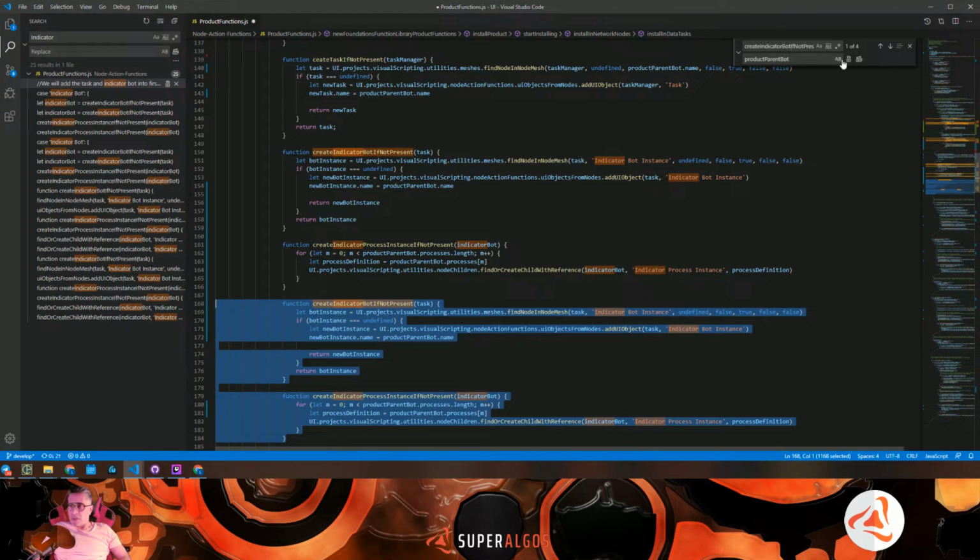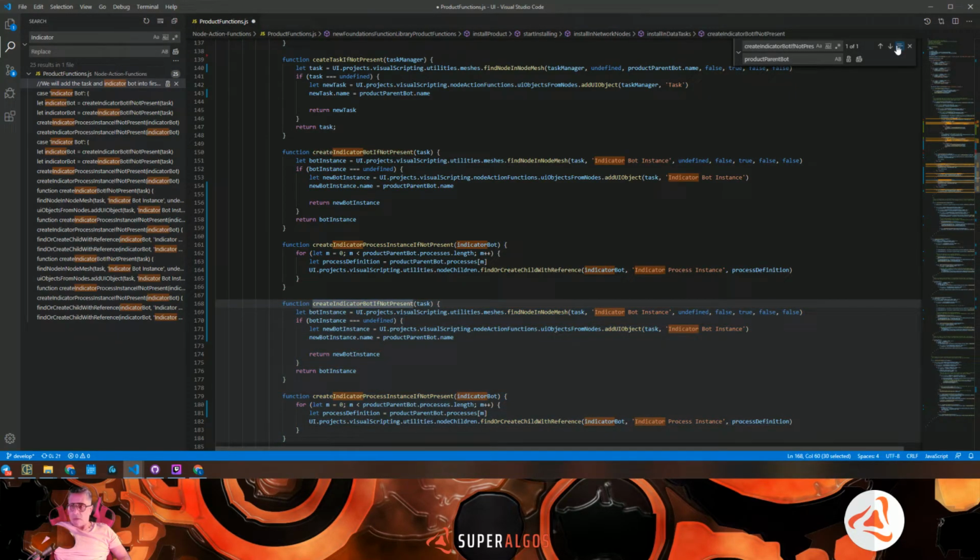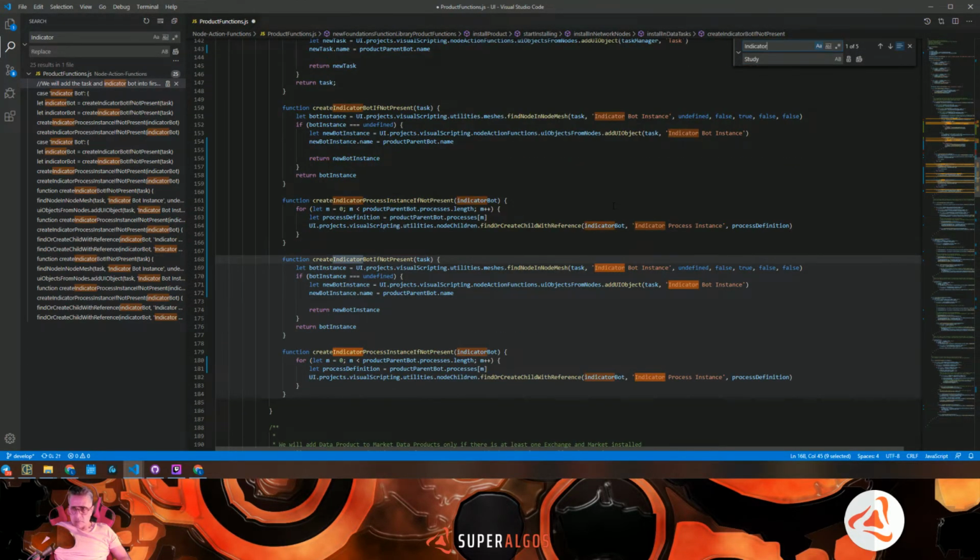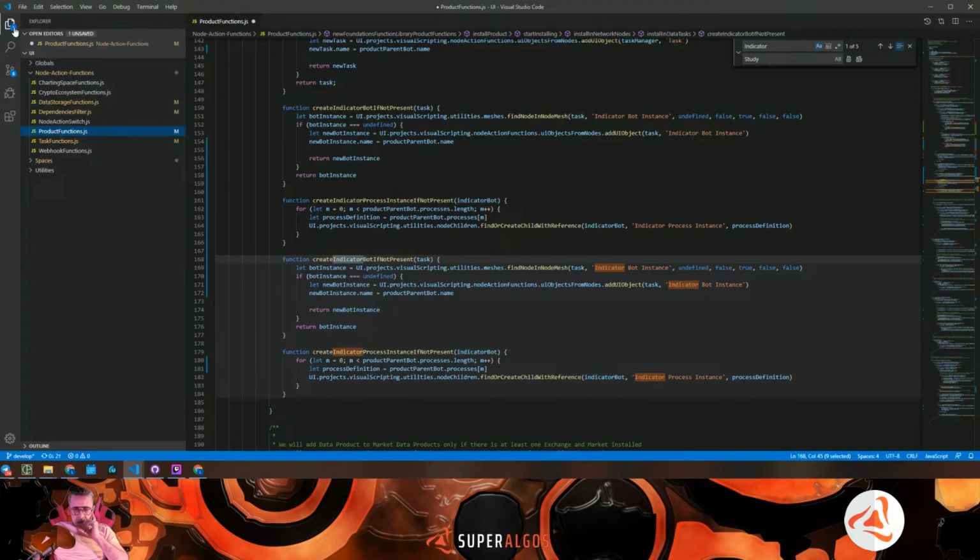So in this case, we are going to find in selection indicator and replace it by study with capital check-in, so these 5 instances will be replaced. Okay,